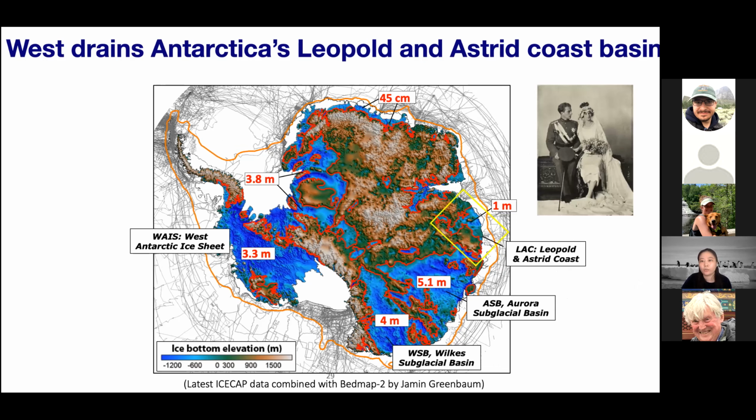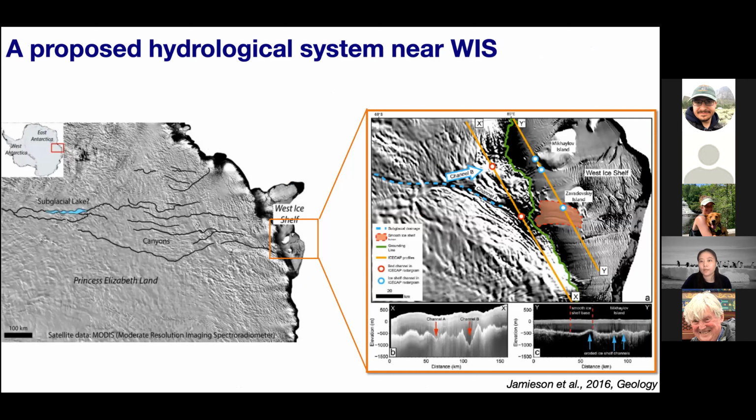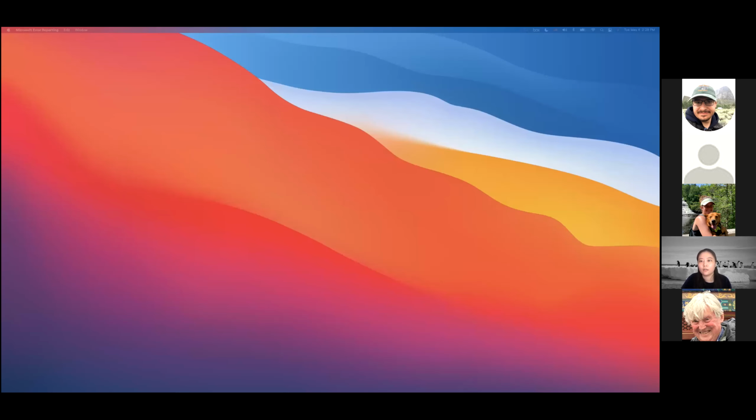West is an important ice shelf because it drains the Leopold and Astrid coastal basin, which is named after the king and the queen of Belgium. This basin currently holds about 1 meter of sea level potential. Also, a hydrological system has been proposed underneath the ice sheet near West. Subglacial water is likely being directed towards the